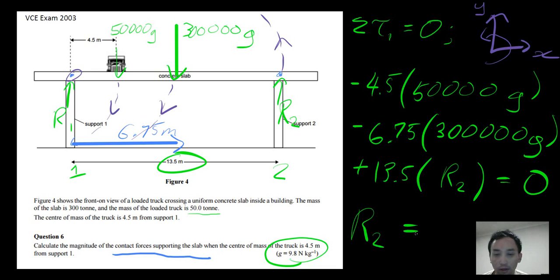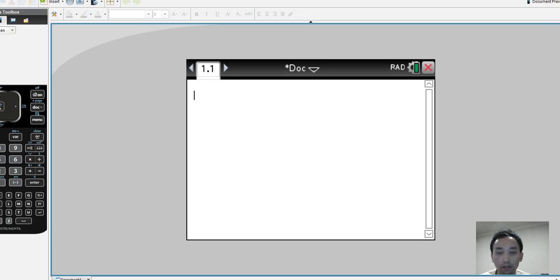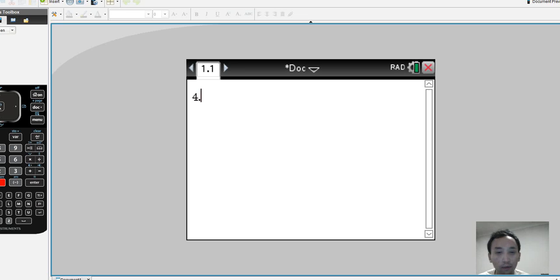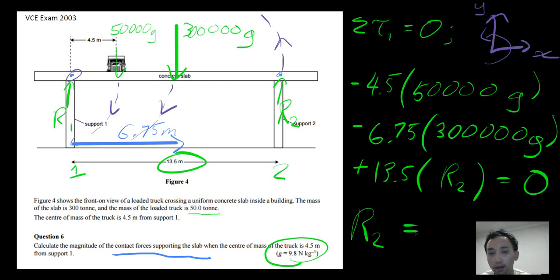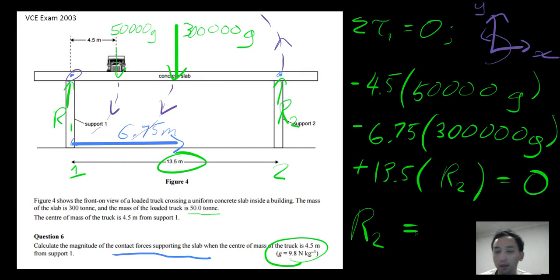R2 is going to equal some value. Now I'll just whip up the CAS for this, or any kind of calculator is fine. So first of all, we're going to add everything on the right hand side. So this is just a matter of algebra. I assume that this isn't too bad for most of you watching this video. 4.5 multiplied by 50,000 times 9.8, because that is the value of g. We're adding 6.75 multiplied by 300,000 times 9.8, and all of this is divided by 13.5 because we've taken both of these forces